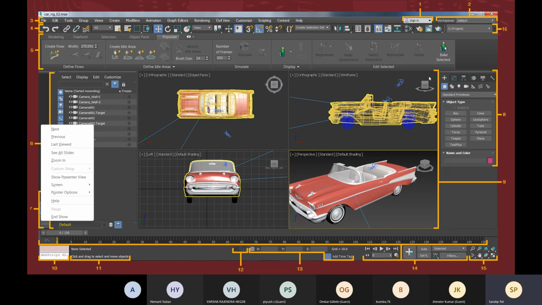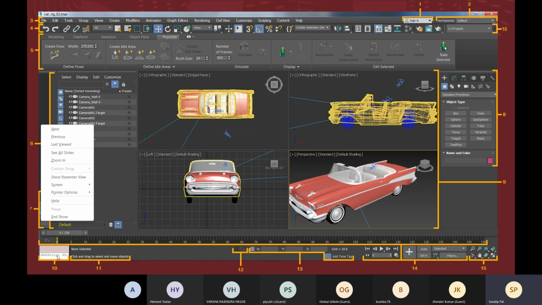Next is your viewport, which I've already mentioned. Next, this is the MAXScript Mini Listener. This is not for the architects or, I can say, civil engineers. This is mainly for the animators and the gaming industry. They will run this script and they can create their functions.